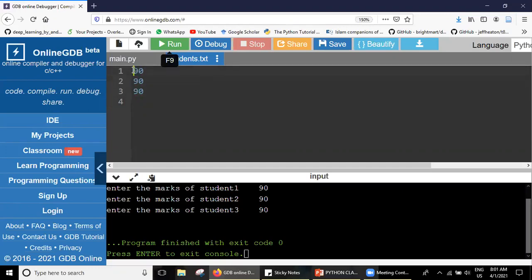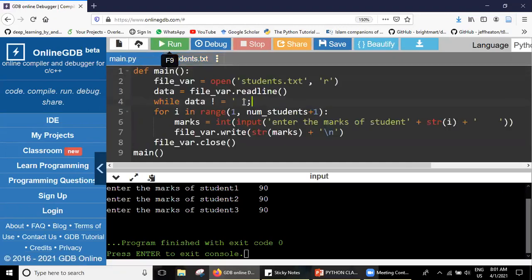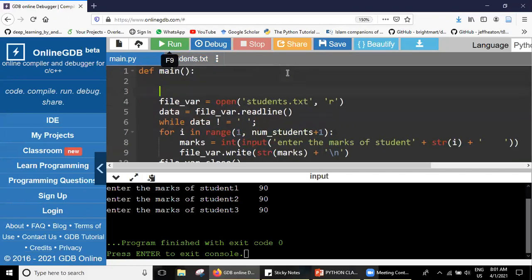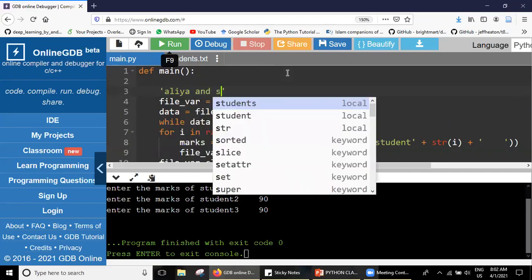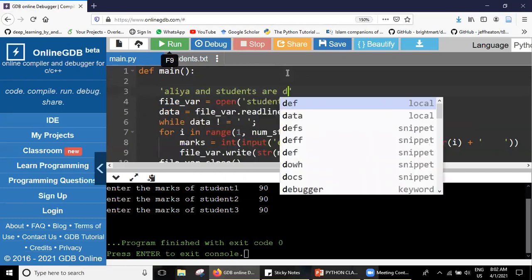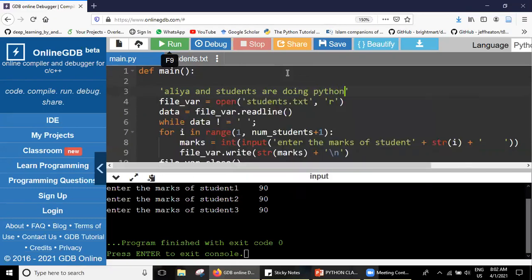But if we write some string, for example, I can say that in our file, I have written something like this: Alia and some students are doing Python. So when I am reading through this file, what check mark can I keep?